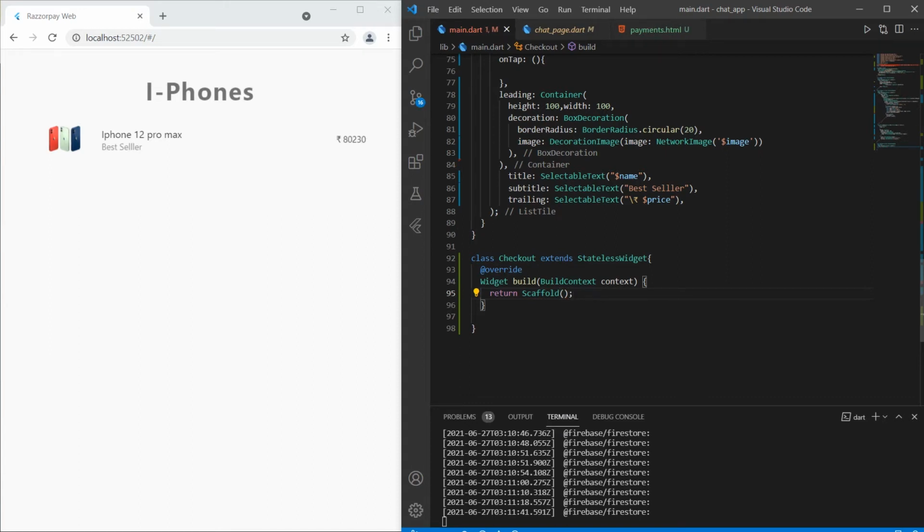If you want to go for the checkout page, then that's also okay, and if you want to go directly to the payment page, then that is also okay. First we will go for the checkout page, and after that we will go to the payment page. So actually this is the checkout page.